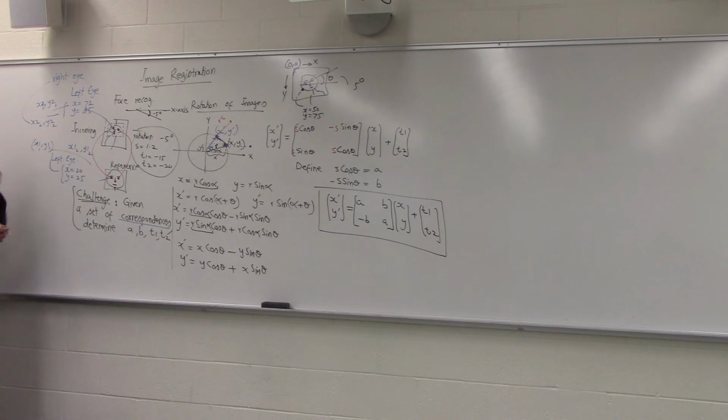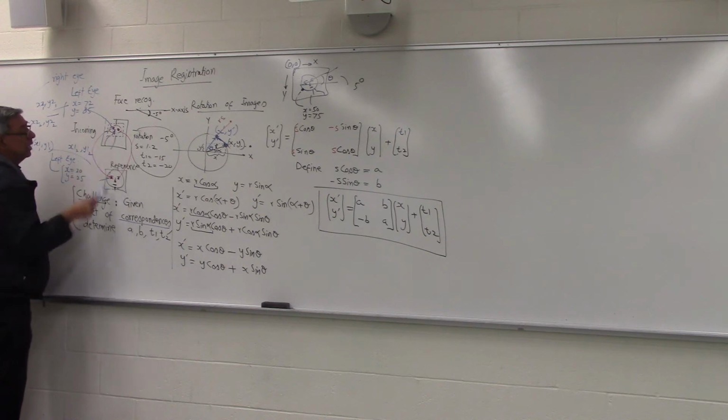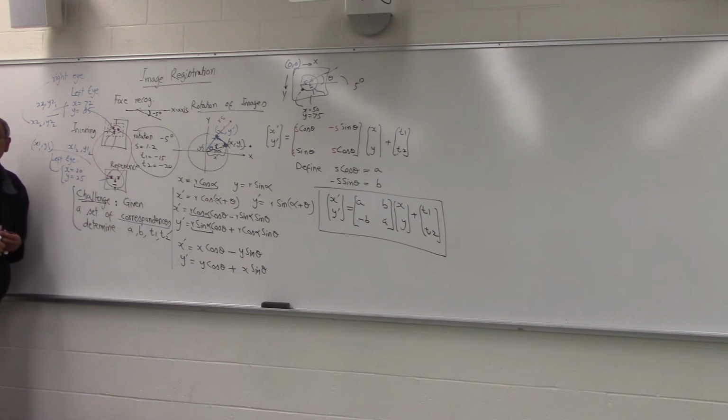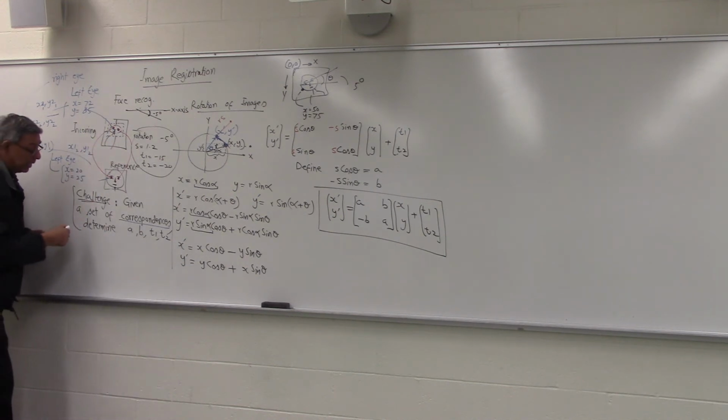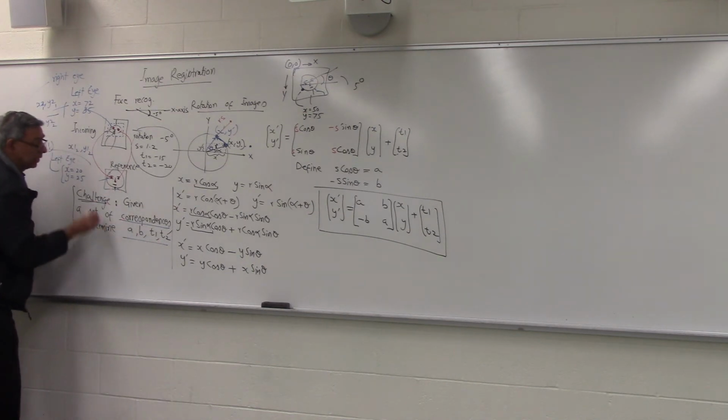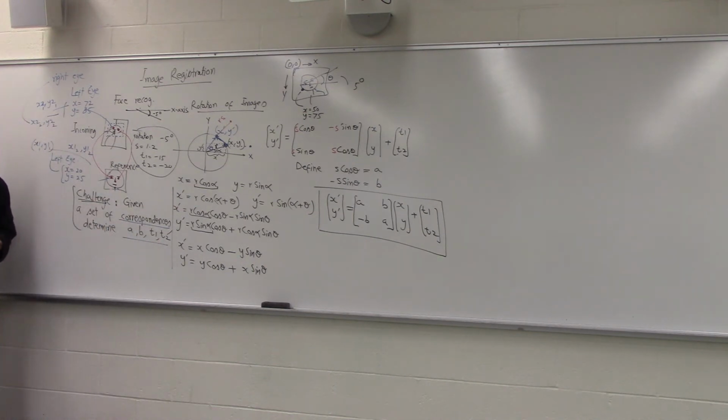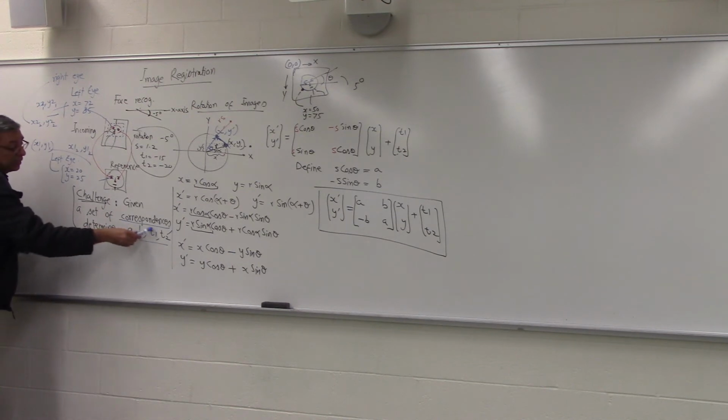Okay, those are the coordinates. Same way, if we know 5 of these, or 6 of these, or 10 of these correspondences, given this information, set of x2s, y2s, set of x1s, y1s, how do we know how much to rotate, how much to scale, how much to shift? So that's the challenge. If we can develop the mathematical theory for it, then we can solve for A, B, T1,